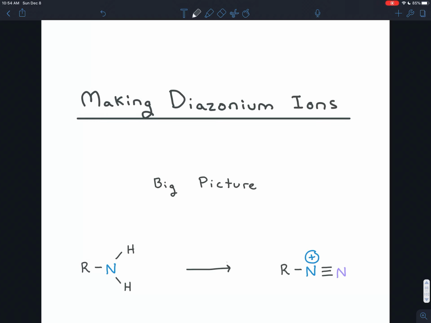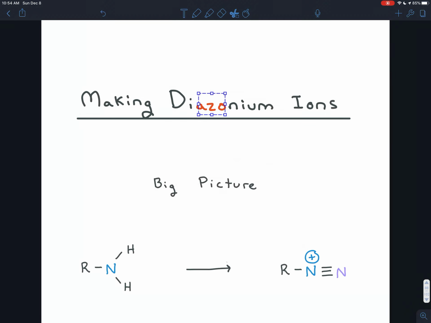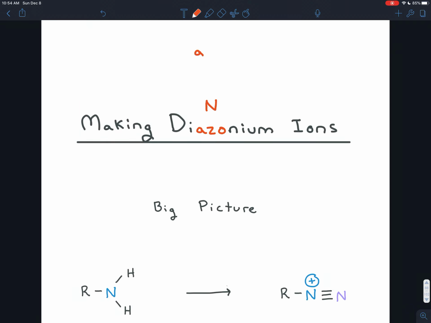In this video, we're going to walk through the mechanism for how to make diazonium ions. Let's unpack that name for just a second. The infix azo really means a nitrogen. So anytime you see that, you want to think nitrogen. The A in azo means not, just like the A in atypical, or the A in atom. Atom means not cuttable. And so azo means not, and the ZO